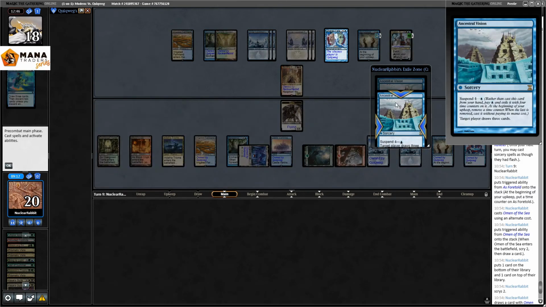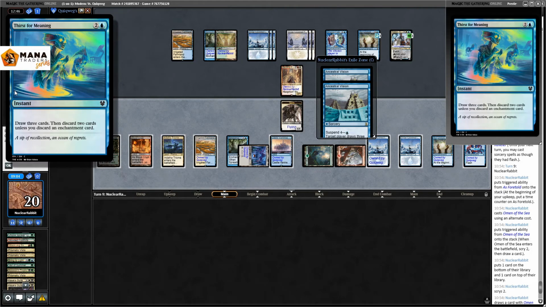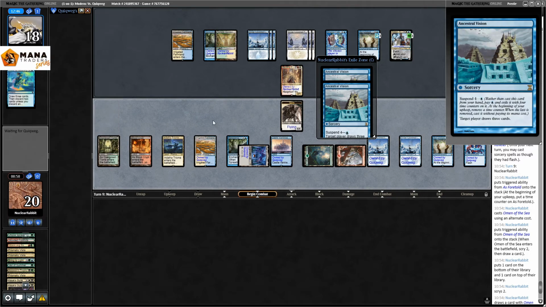Play an island. Wait, why can't I... what? Why can't I cast... why can't I do this? I want to suspend them. And I'm attacking the fairy here because they might bounce the Asphodel and then I'm screwed, so...